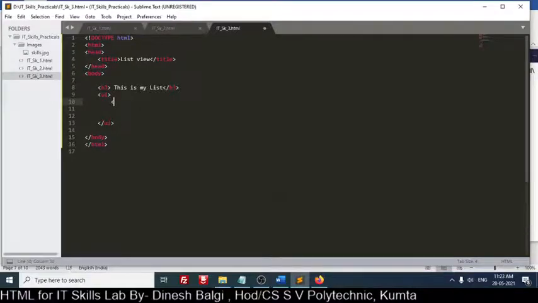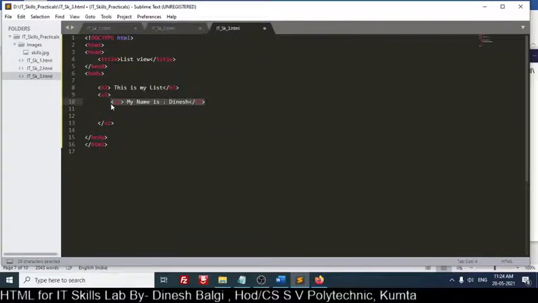So I will use a list here. Oh, sorry. Here I have to use one more tag. That is the li tag, the list item tag, I have to use. Okay, then I can use a text for this. My name is Nish. So I will copy these things. We'll make multiple list items here.